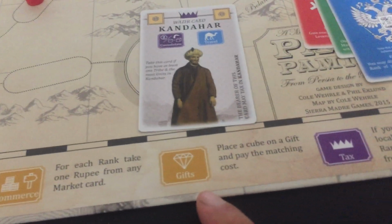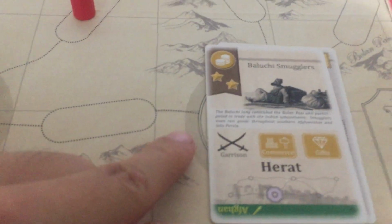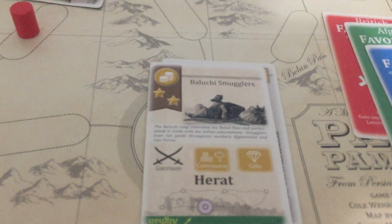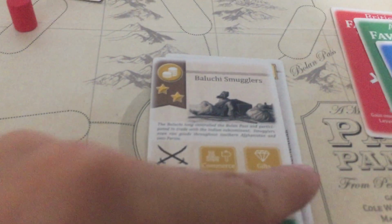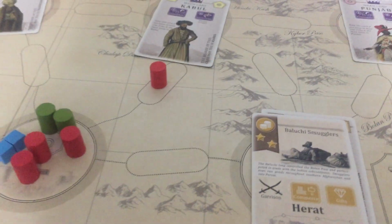And the gift action had an extra ability now in that you can use the gift action to give players money equal to the rank of the card. So if you had something like this, right? I can say, okay, I'm gonna use the gift action to give 2 rupees to that person, and then if they do a thing that I want them to do, like, it's okay, I'll give you 2 rupees if you kill these tribes for me, right? So I'm going to use one of my 2 actions to do that, and then on their turn they would do that action, and the transaction kind of limited the amount of freewheeling that you can do